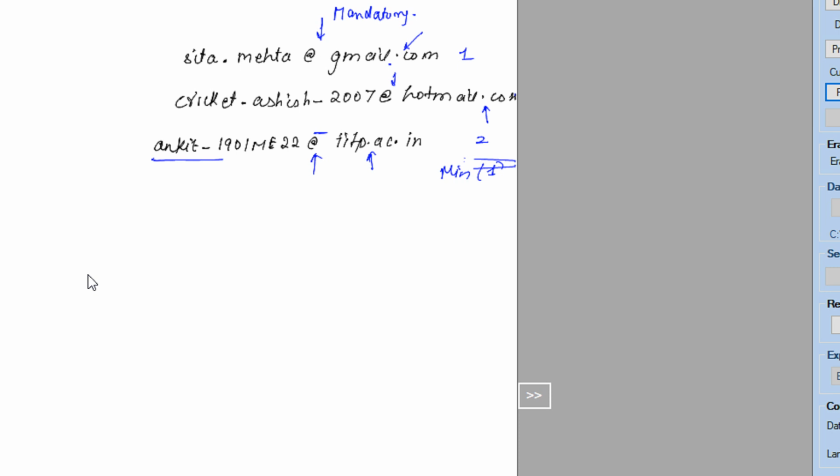And if you can see here, we have a combination of small a to z, capital A to Z, like in the case of ME, you have numbers, you have underscore, and you also have dot, right? So these are the possible symbols. So what we can do, we can club this and write a plus, fine.